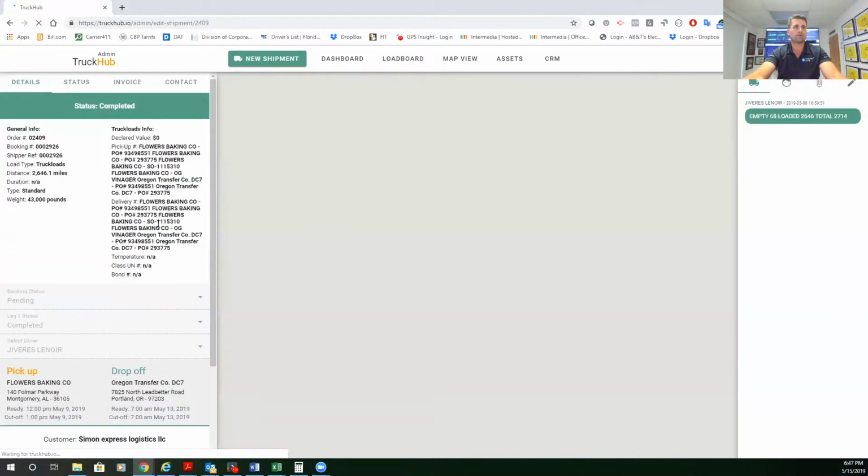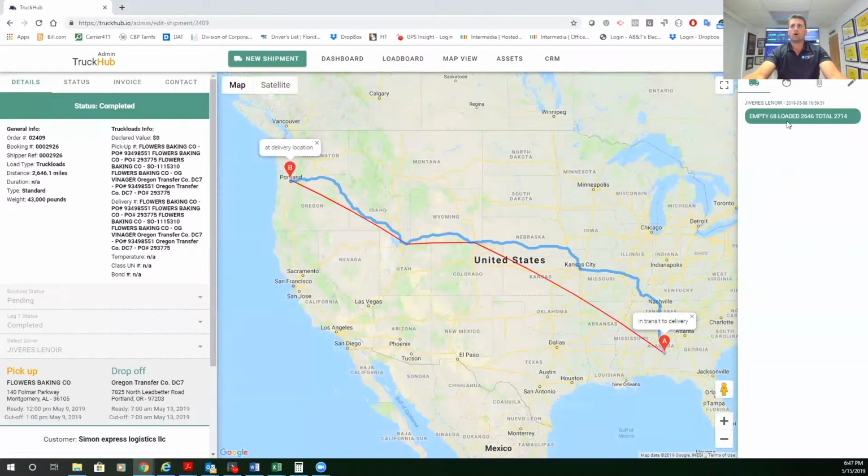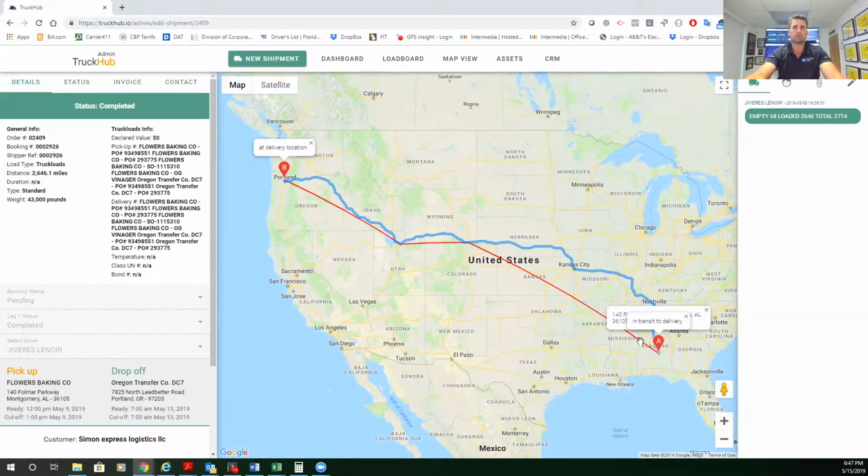Let's look at this gentleman here. This is Javaris. This is our driver, Javaris. The red line is what the driver did, and the blue line is what Google says would be the ideal route. So the driver didn't exactly take the route that Google told him to take. But if you look at the statuses,